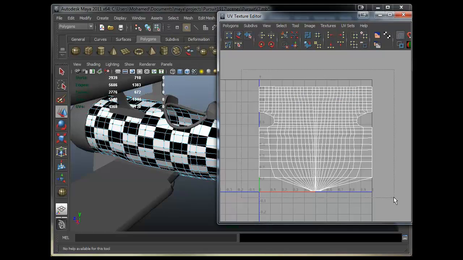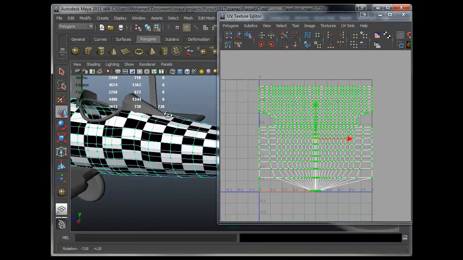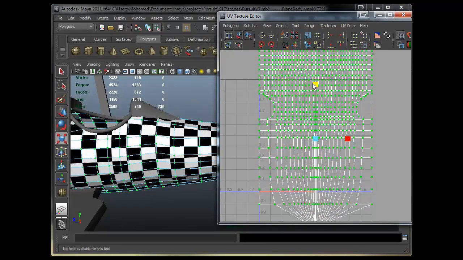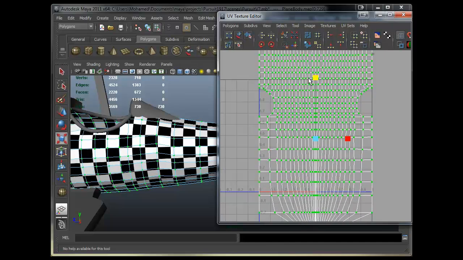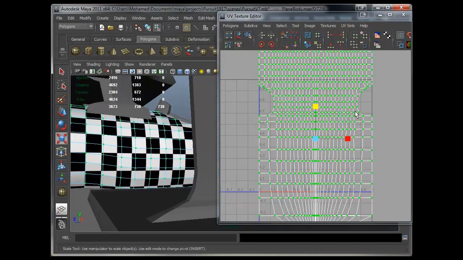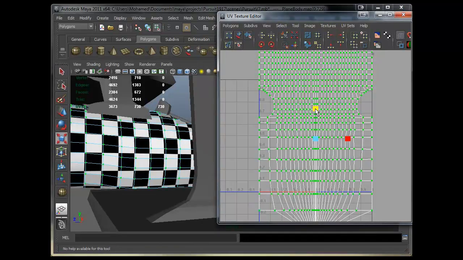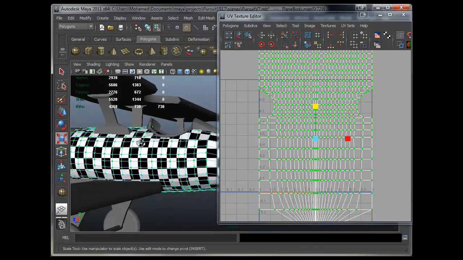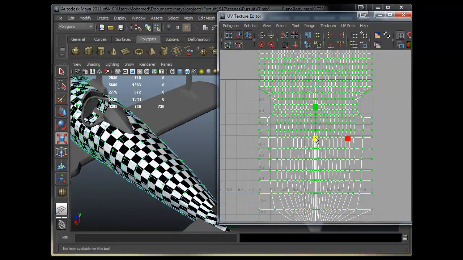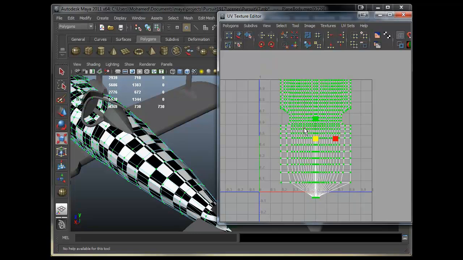UVs, alright, let's see what we can do here. First of all, we really have to try to make this as square as possible, so it has to be squared. Alright, let me try to minimize this. Okay, this is more like a square to me. Okay, I will scale this down to fit it in,